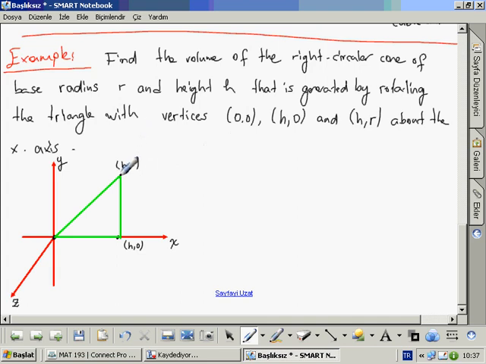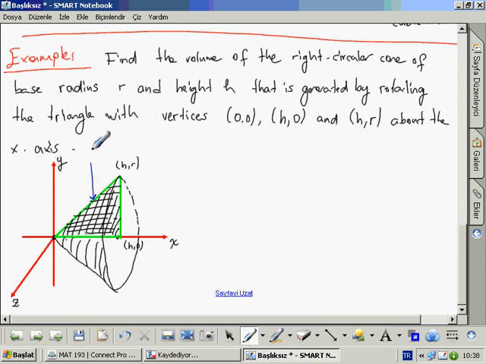you will obtain a cone like this, okay. What can you say for this line, y equals r x over h? Yes, because this point is h, this point is r, and r x over h for any value,